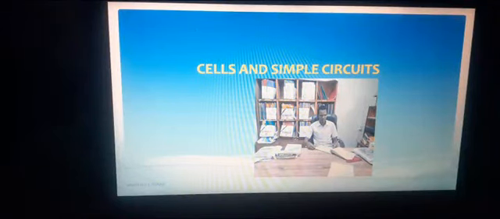Our topic for today is cells and symbol circuit, also referred to as electricity current 1. Remember, electricity is one of the branches of physics. We are going to cover part 1 of electricity as electricity current 1. Therefore,